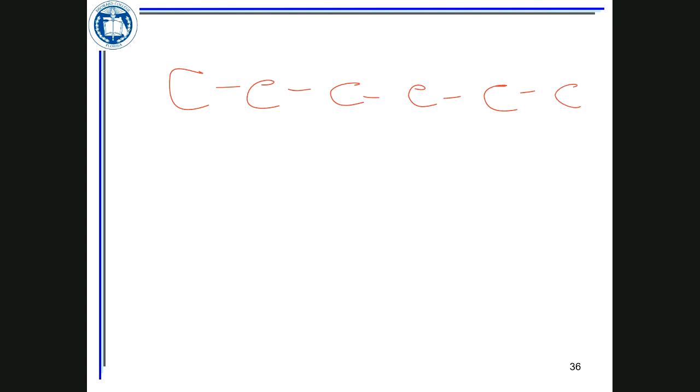Perfect. So if you have a 6 carbon chain versus a 5 carbon chain, the 6 carbon chain is going to have a higher boiling point than the 5 carbon, and if you have 6 carbons but not in a straight carbon chain,